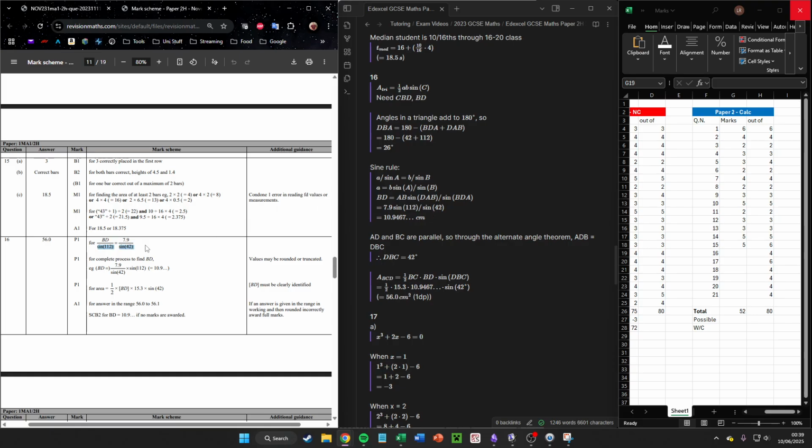Yes. Yeah, I didn't write it in that exact form. I did use the same equation though. 79 over sine 112 equals. So 79 over sine 42 is equal to. Yeah, okay, did that. To find BD,